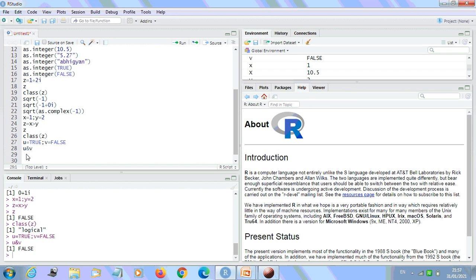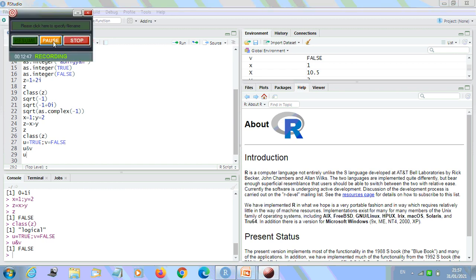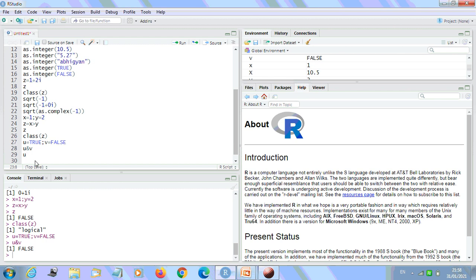Okay, fine. Sorry, this caps lock is on. So now u OR v, we are going to use the OR operator. Sorry, I have to click here. So we have u OR v, what are we going to get?